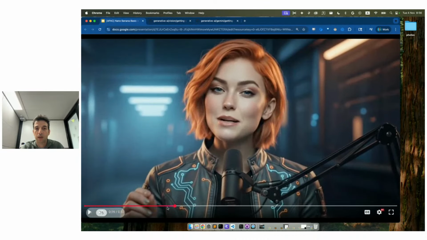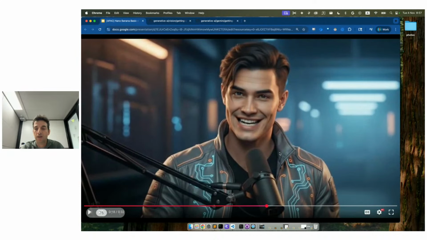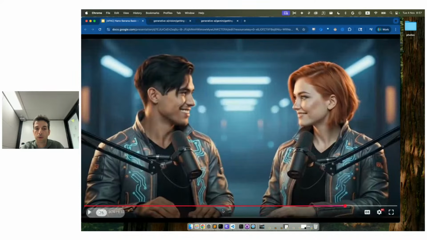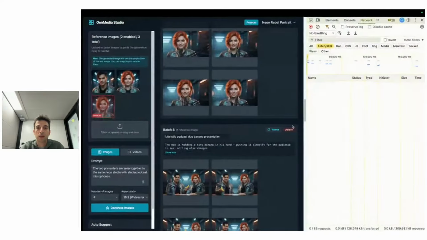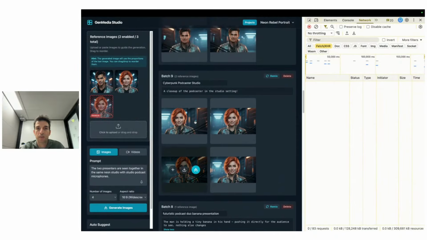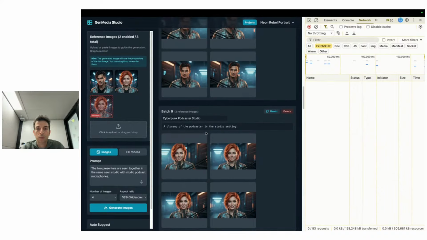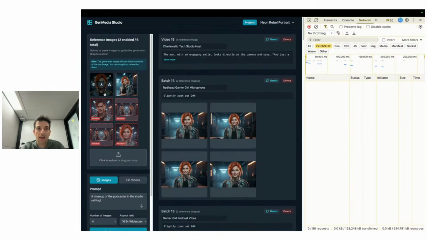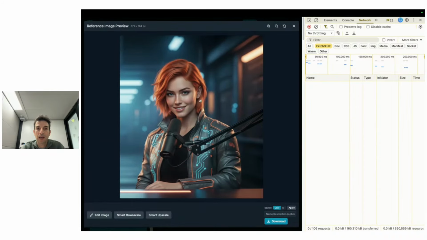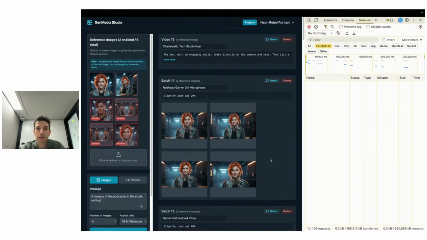So here we have the woman in the close-up, here we have the man, and we have them both, without the banana, and we have them with the banana. Okay, so multiple starting images that we need, and so here you can see literally like I added her initial frame as reference 1, added her in the podcast studio as frame 2, and asked